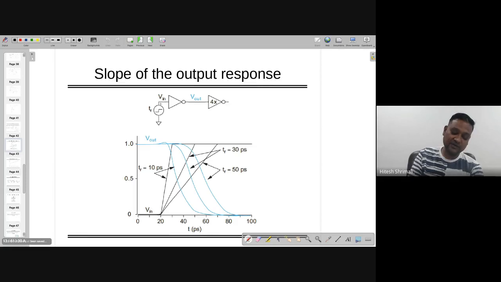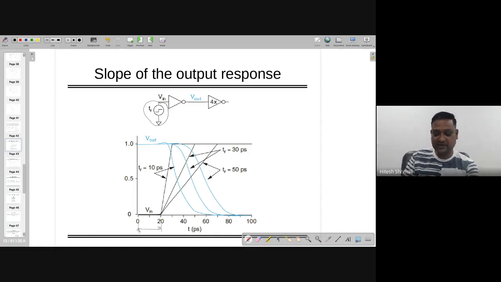Okay, one more thing which is very important over here. Most of the people who have doubt in understanding this symbol: the input is like you are giving, for some time it's zero and thereafter it becomes one. If it is like this, it's an impulse input, and if it is like this, it's a square wave input. So right now we are giving just logic 1 with the delay of some value. What exactly this diagram wants to say is that if you are giving the input from 0 to 1, the output shown in the blue color is actually going from 1 to 0.